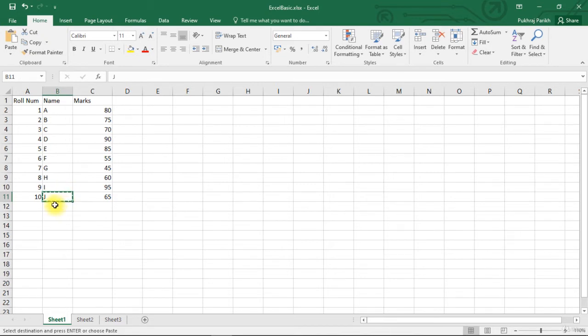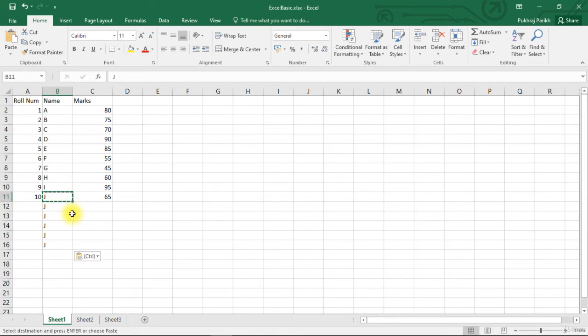Again we see that a dotted border comes around this cell. We can now go to all the cells one by one and hit the paste button. This will create 5 copies of the original and the original will also not be removed.